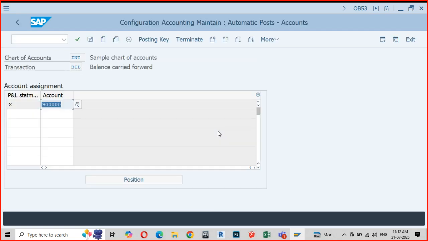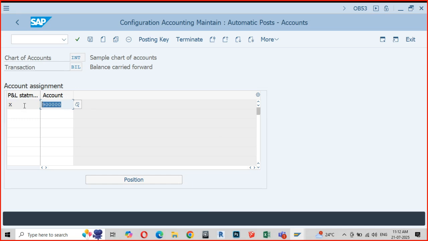Now can you see your carry forward general ledger? This also is a general ledger account, 9 followed by 5 zeros. This is the standard GL account, which is used as a medium for you to carry forward the profit and loss account balances to your balance sheet.